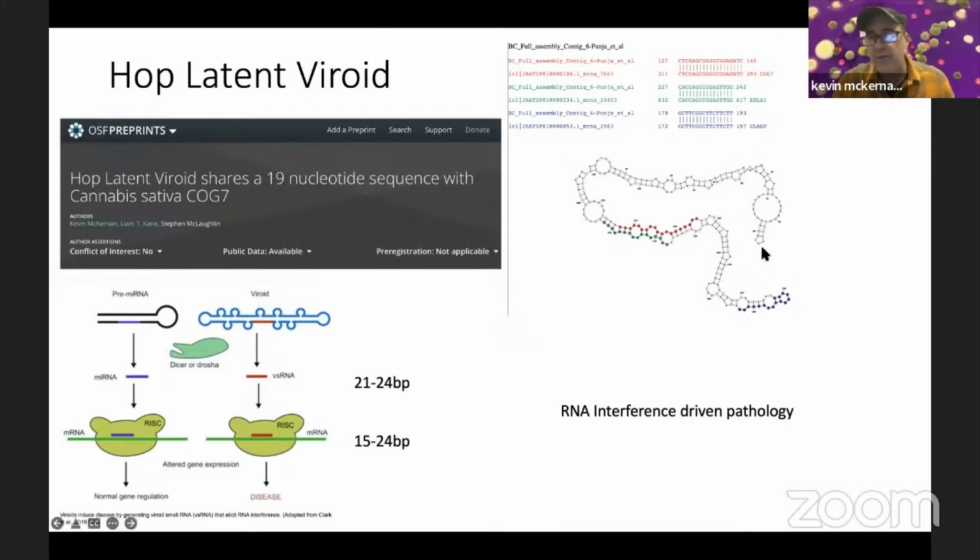What you're seeing here is a depiction of the RNA sequence from the viroid. And then we highlight on this database the regions of the cannabis genome that it has homology to. So the ones in red are COG7. The ones in green are a gene known as expansin, which is something involved in plant growth. There's another one known as clasp, which has another pathology. There's about 25 different genes that we have found homology to on one of the 160 some odd viroids that are in NCBI. So this website is tracking where all of these viroid polymorphisms are, how they change the homology